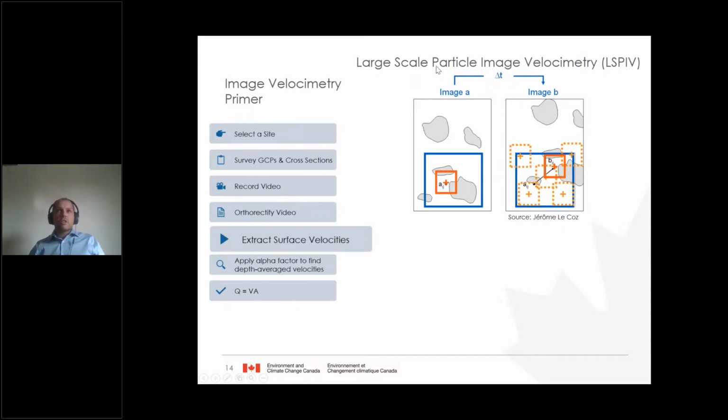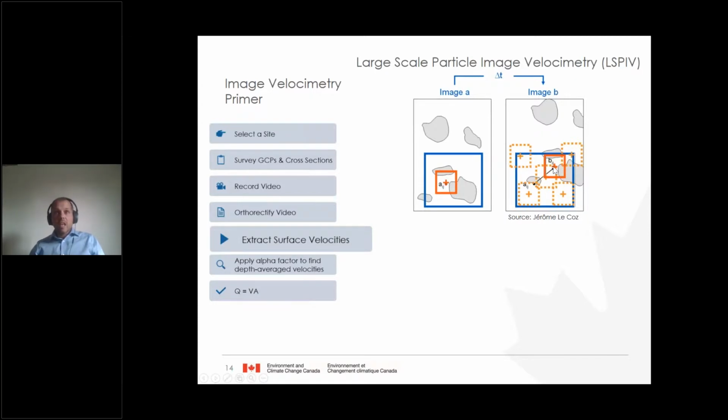So the first method, large-scale particle image velocimetry, or LSPIV, is to look for patterns on the surface of the water. So in image A, you've got your blue box, which is your search area, and you're going to find a pattern in that search area, which is the orange box. And then you're going to go to the next image, and within that search area, look for that same pattern. So it looks in the lower left, doesn't find good correlation with that pattern. Lower right doesn't find good correlation, and then goes up and finds good correlation